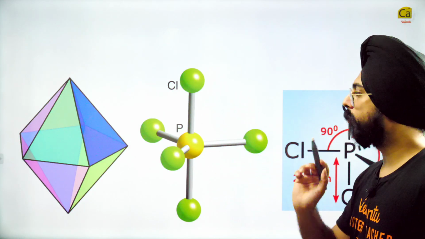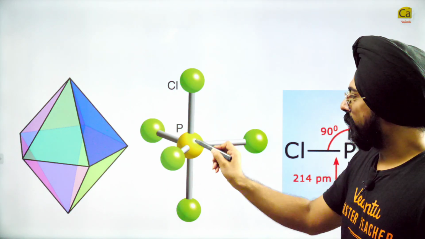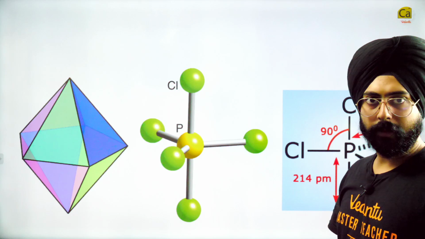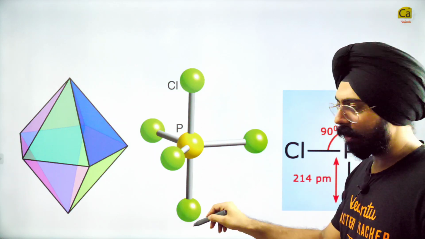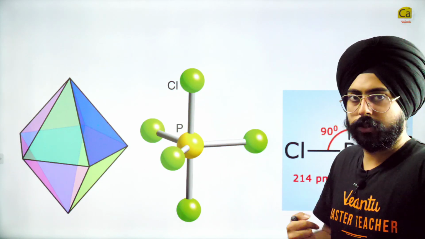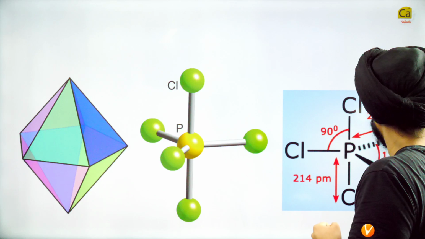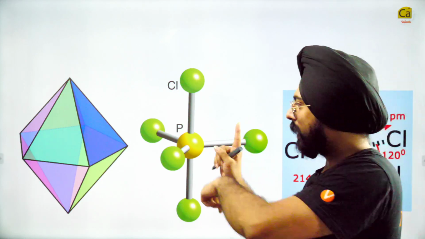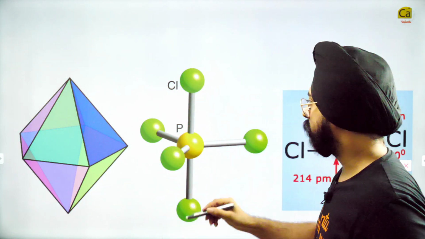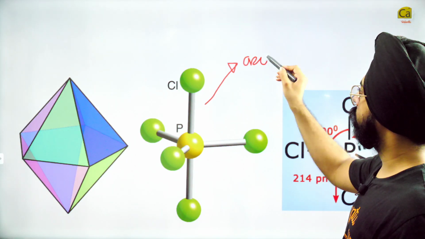One on the top, one on the bottom. Now we had already realized that these bonds are different from each other, right? The bond that is going on the top and the bottom is a little different from the bond that is present in the trigonal base. So my dear friends, let me tell you that the bonds that are going towards the top and towards the bottom, these bonds are known as axial bonds.